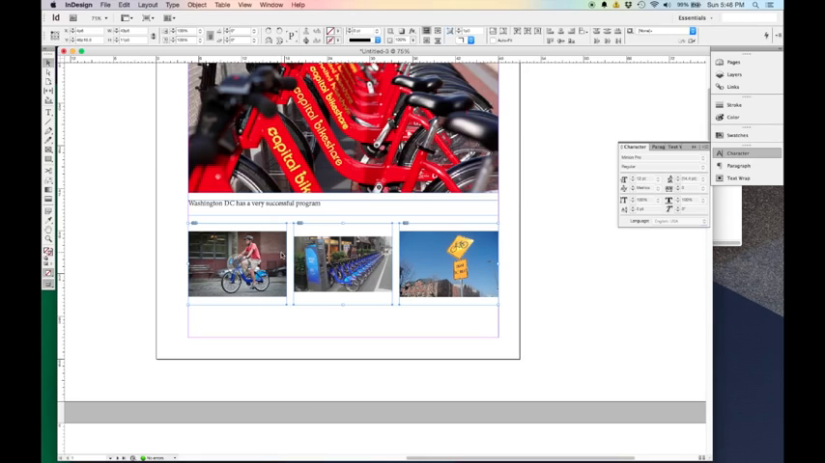Okay, and as you can see, they're all sort of different sizes, so I'm just going to adjust my text frame down here just to get them about the same size. And then to make this guy a little bit bigger, I'm going to say fit content to frame, and that's just going to increase the size of the image so it takes up that whole side. It changes the proportions of it, so if you don't want to do that, you can undo,